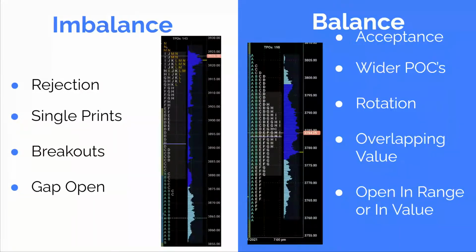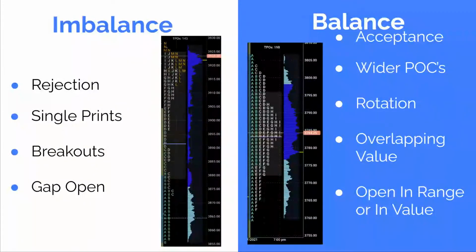Whereas you look at the graphic on the right under the balance category, you can pretty much tell that profile looks like a very normal distribution in terms of shape, and it represents acceptance. It's definitely a market that was rotating, a lot of back and forth, non-directional. I'm not going to go through each one of these points here, but you can see that a market that's on the left here, the imbalance,